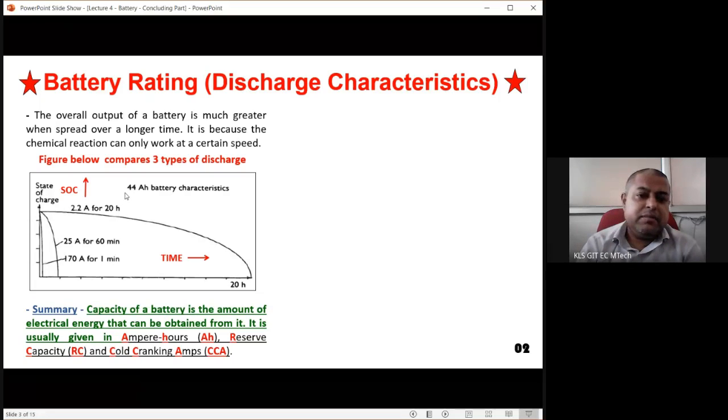So ampere hour is a power rating of the battery. How much ampere current for how many hours? If you multiply that, you'll be getting the first rating of battery, that is called ampere hour. And that's the longest rating. The second rating is called reserve capacity, which is also called RC, as you can see below, reserve capacity. So this is actually testing if the battery can give out